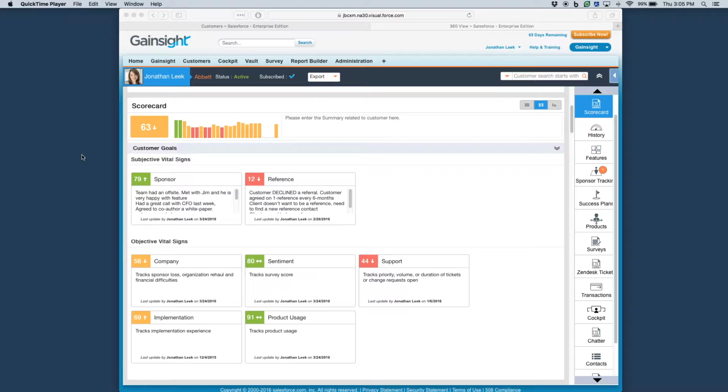Let's take a look at what scorecards look like in practice. These scorecards are following a red, yellow, green color scheme, using color to display a measure that outlines a health grade. The color and number of levels are both configurable, and each scorecard has a description that you set up. For the objective scorecards, you typically configure this to tell you what the number is based off of. In subjective scorecards, it is often used as a note space to explain why it was assigned the score it was. If you click on the score itself,